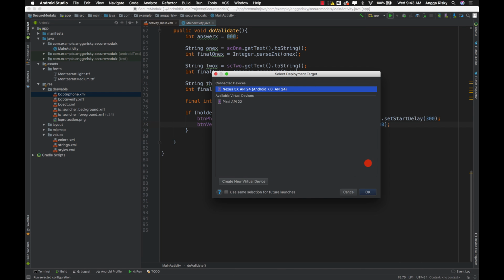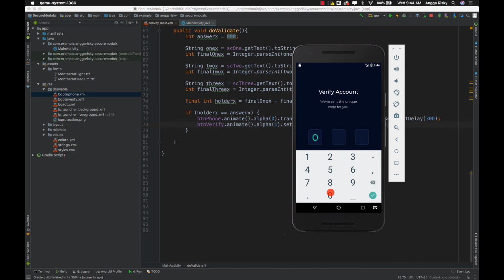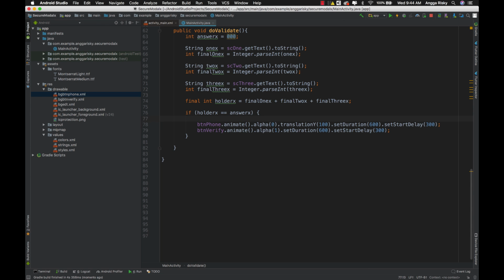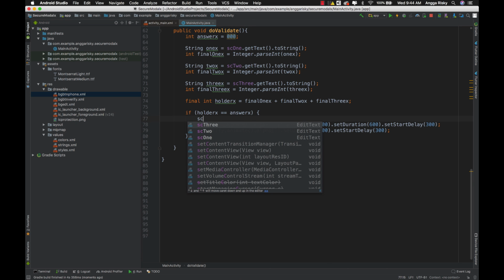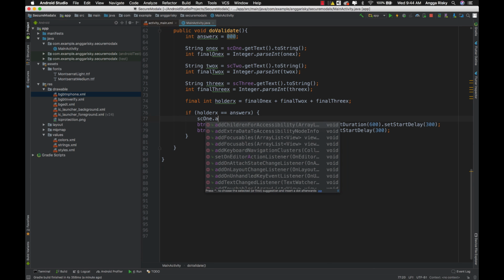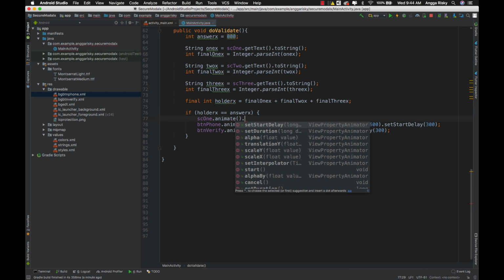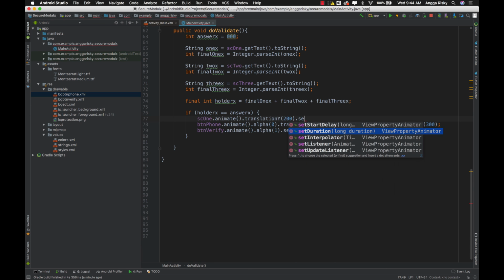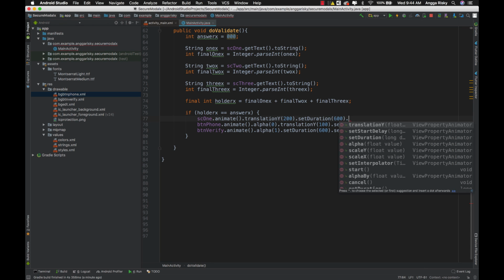So we try. I put 0 and 0 and then 0 and click. Yeah, it's working here, right? So we have to move this edit text to the bottom, and I think I'm able to give sg1 animate, and then translation y, maybe let's go first with 200, set duration 600, and then start.